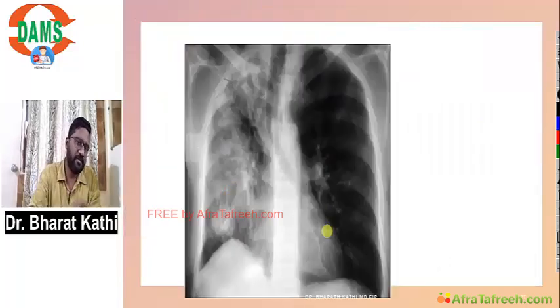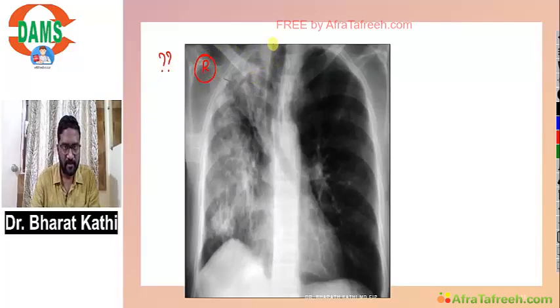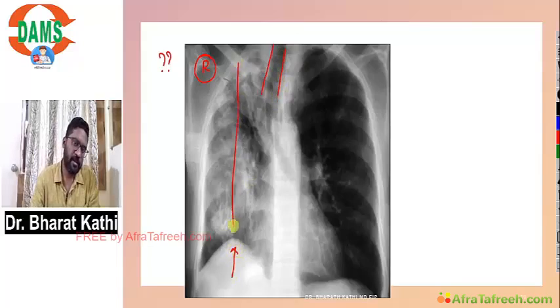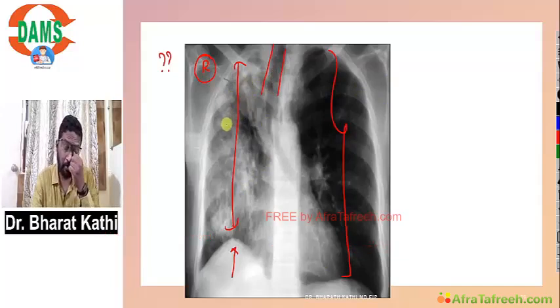Then with this background, can anybody give me the diagnosis of this chest X-ray? I think it is very simple for you. I will give you a clue: the disease is on the right side. You can see the trachea is pulled towards the right. The diaphragm is also pulled up, and compared to the left, the size of the lung has decreased on the right. So this is a chest X-ray PA view showing right-sided pull of trachea and mediastinum and right-sided non-homogeneous